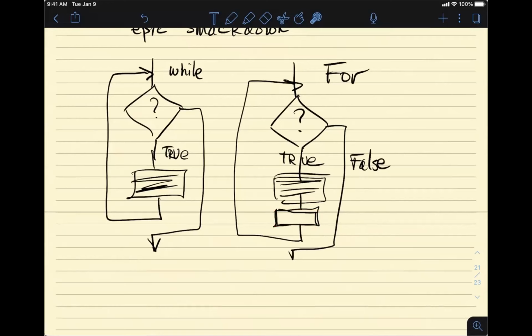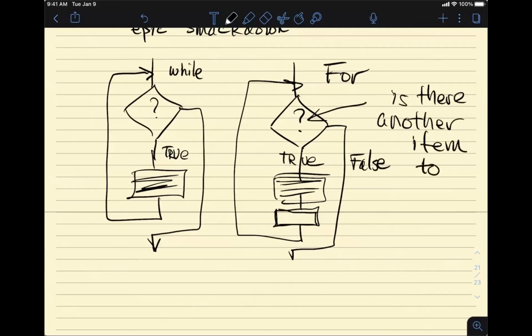Okay, and for for loops, the condition here is always, is there another item to do? So for example, range, this range would generate 0 through 9.